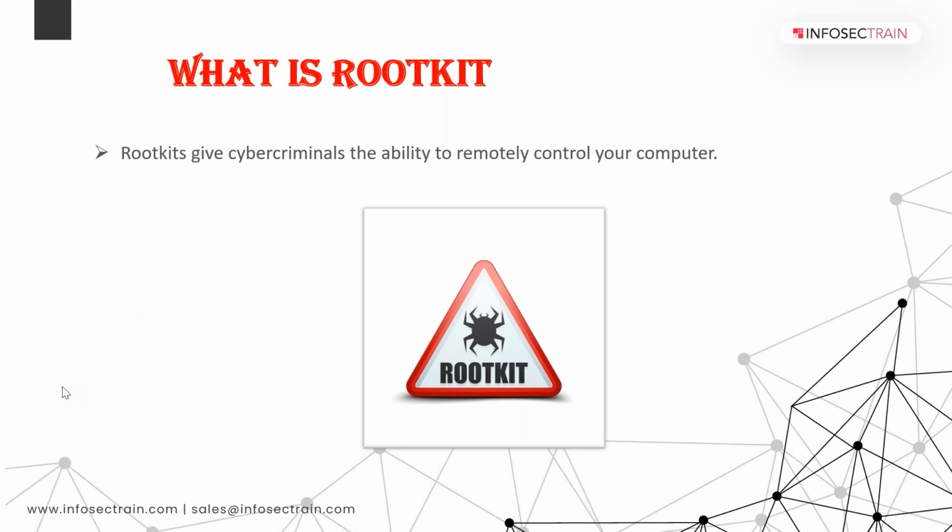It will target the root level things in your system, like kernel level things, BIOS level hardware and all. So whenever you reinstall the phone or restore the phone, sometimes we are not able to delete the rootkits in your system.